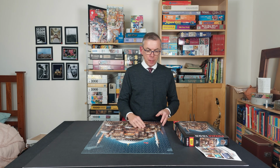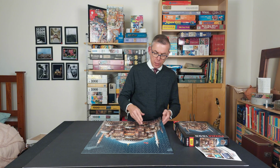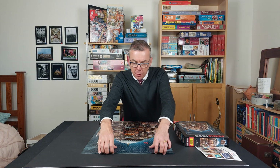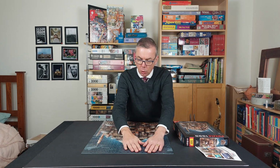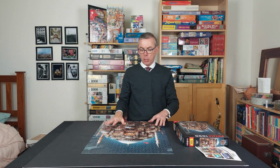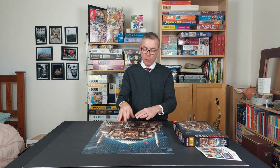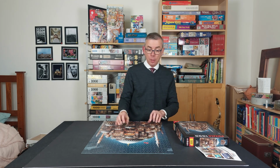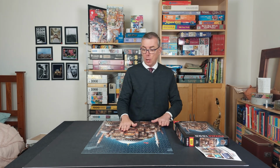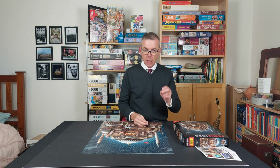All right, so this puzzle, Anatolian puzzles, the puzzle pieces are quite thick. It's very high quality. I can pick that up without any problem at all. I could pick up and move whole sections of this around. As you'll see, if you watch the time lapse, when I got to certain parts, I did them all down the front here and then just picked them up and moved them to where they belonged. So it's a very high quality manufactured puzzle. The image is sharp and clear,